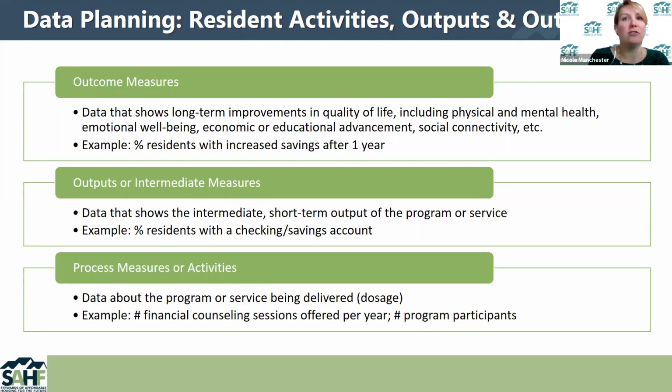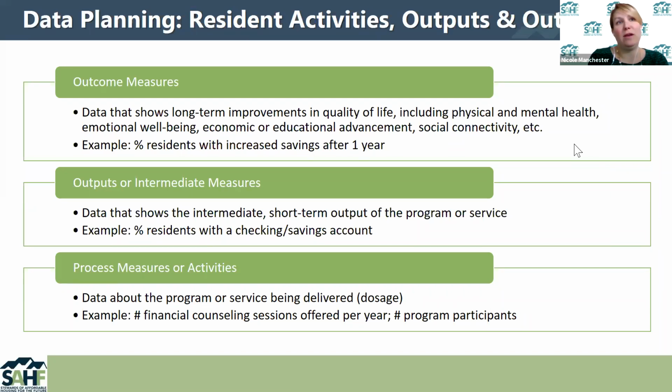So the number of sessions offered, number of program participants. It could be something broader, like the number of service coordinator hours or the number of service coordinators you have. And then the next step up from that is outputs, or more short-term intermediate measures, which is really thinking about the short-term output or impact you might see from the program or service. This could be something really basic, like just the number of kids or adults who participated in the program,